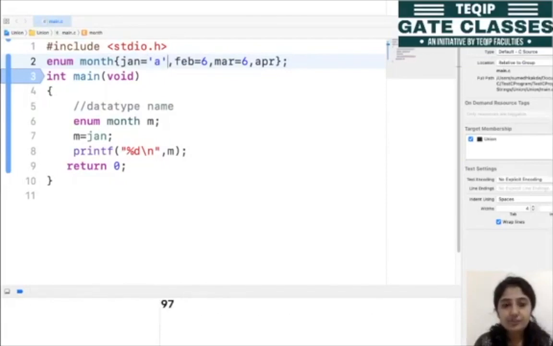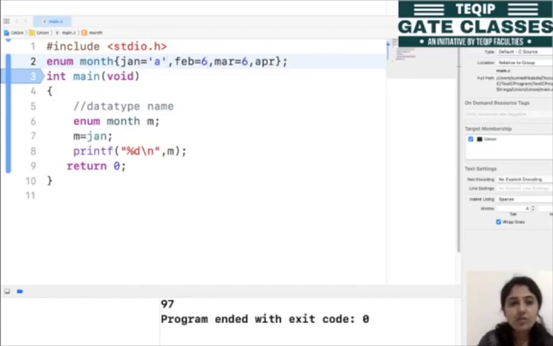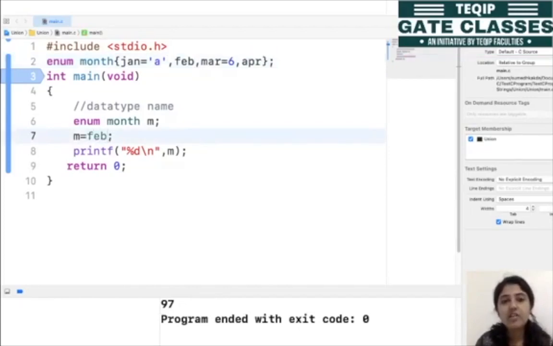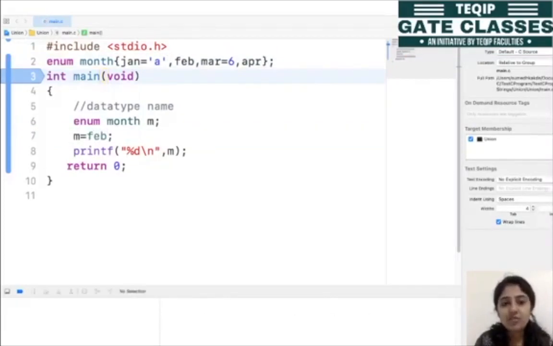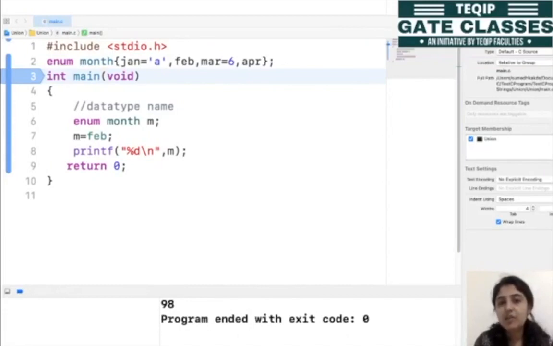And if we'll not assign any value to this, so our fab will get the value as this 97 plus 1, right? So because this is uninitialized value, so for uninitialized value it will take the values for the previous plus 1. Okay, now here for March it will print the 6, but for April it will print the 7.